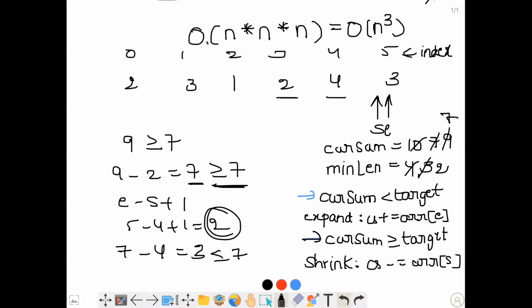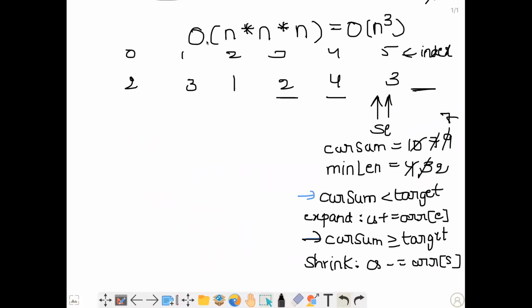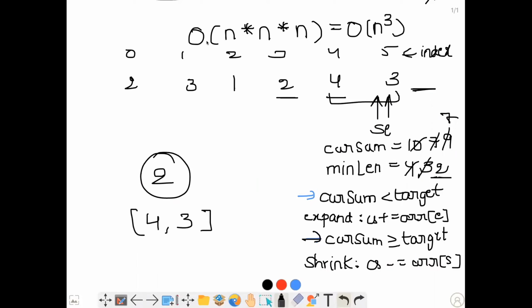Now we try to expand the window, but we are at the end of the array. There is nothing to move forward. So we stop the execution here. So now, what is the minimum length? Minimum length finally is 2. So we return 2. The array is 4, 3. So this is the minimum length array, and the minimum length is 2 with the sum greater than or